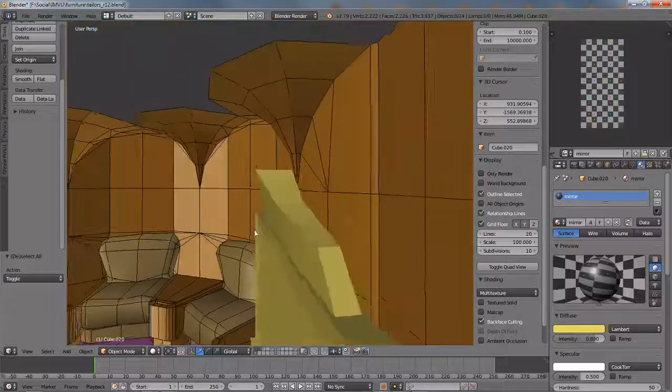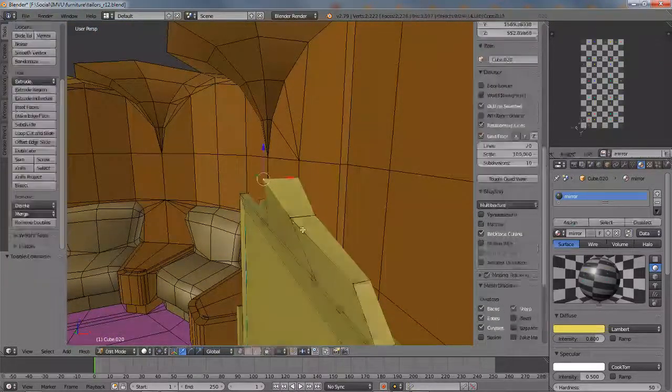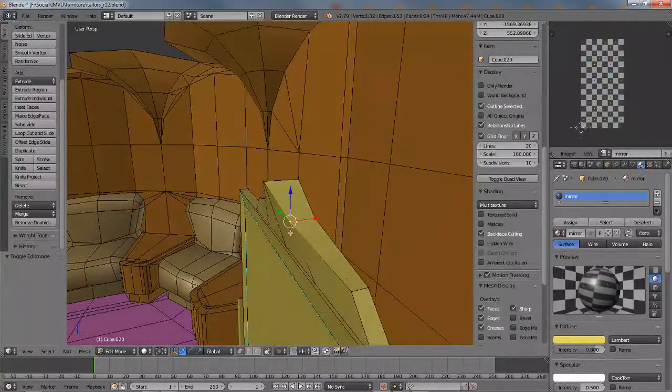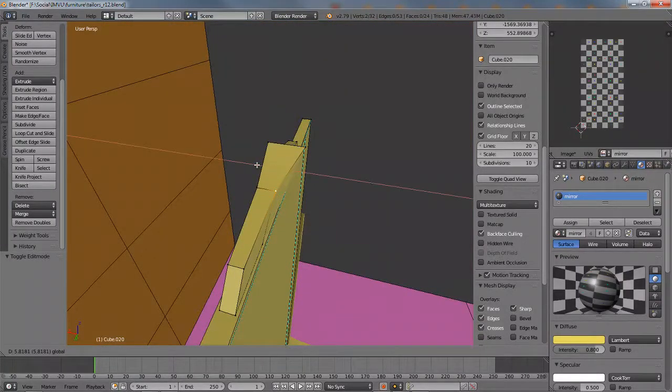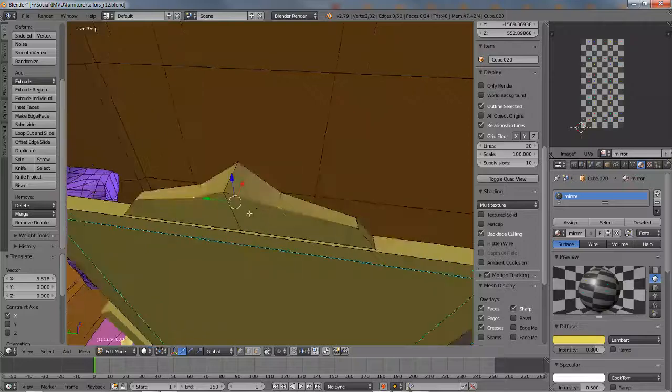So the mesh smoothing's gone a bit wonky there, so what we need to do